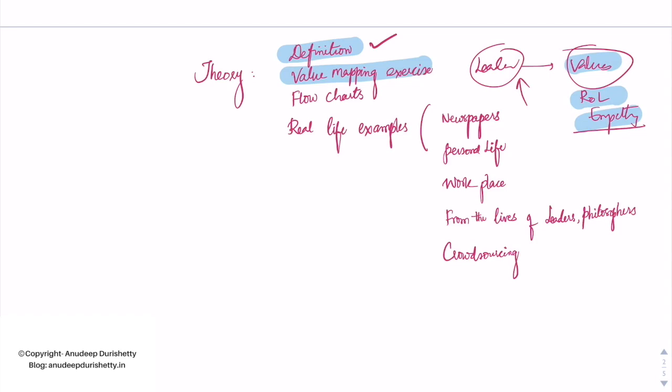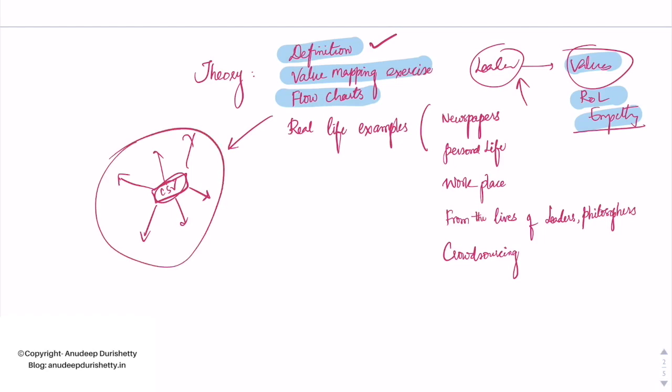to substantiate your argument. Do incorporate flowcharts and diagrams in your theory portion as well. You can use a hub and spoke model where, for example, if there is a question on civil service values, you can write or expand it in a hub and spoke diagram where you delineate the separate specific values under the civil